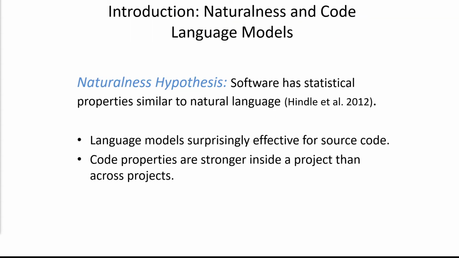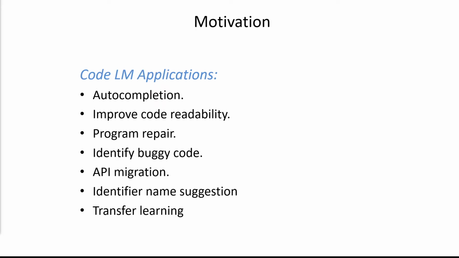So our trip starts in 2012 with the naturalness hypothesis, that software has statistical properties similar to natural language. Inspired by this, researchers found that language models for code were surprisingly effective. They also found that code properties are stronger inside a project than across projects. So what would code language models be useful for? There are various applications like auto-completion, improving code readability, program repair, identifying buggy code, API migration, identifier name suggestion, or